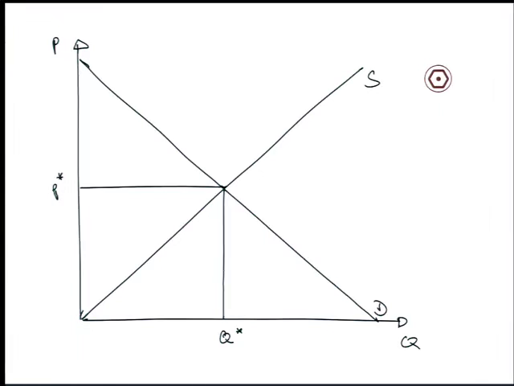Then what I showed you is if you produce less than Q star, you have deadweight loss in terms of this triangle. And then I said if you produce more than Q star, you also have deadweight loss. And your question relates to the latter, which is if I force you to produce more than Q star, there's deadweight loss, and that involves some negative either producer or consumer surplus depending on how you draw it, all right? So let's say I am forcing